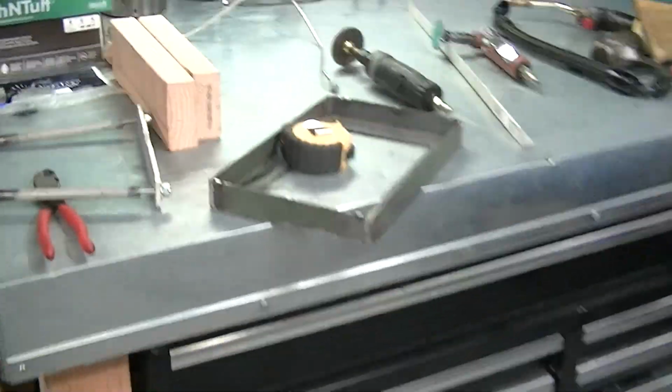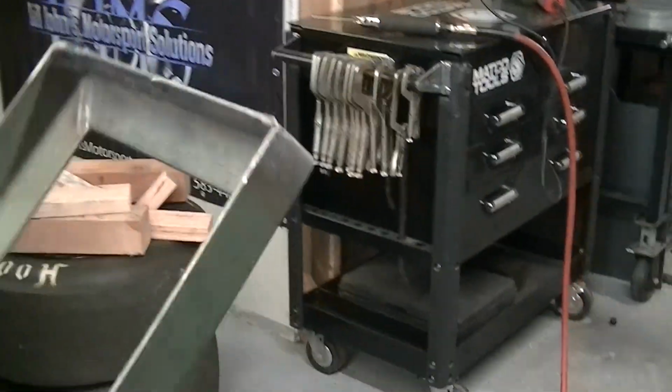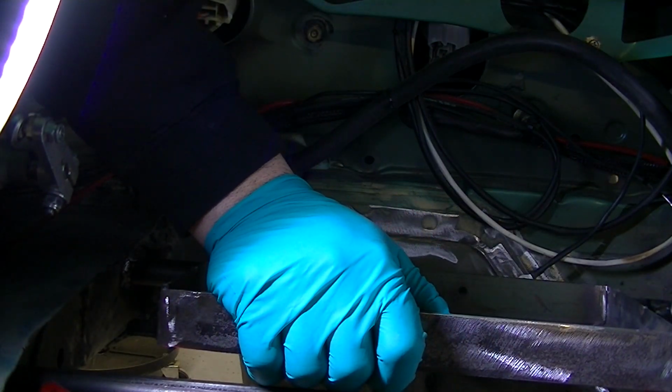Now you can start on your battery tray, because I have one bar sitting in there right now that's not welded. I built this tray a long time ago. Simple, a little heavy. I made it out of angle iron, mitered the corners and welded it together. And it works. It's the size of the battery. This will probably be